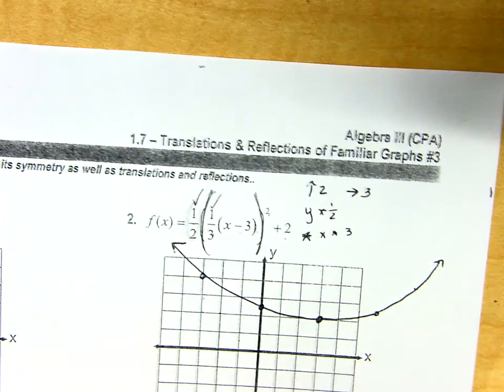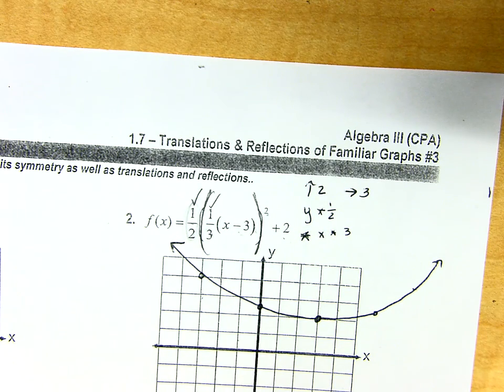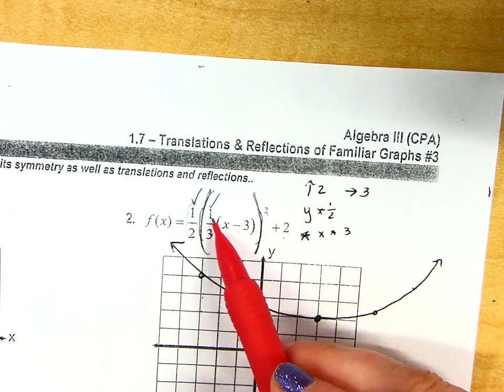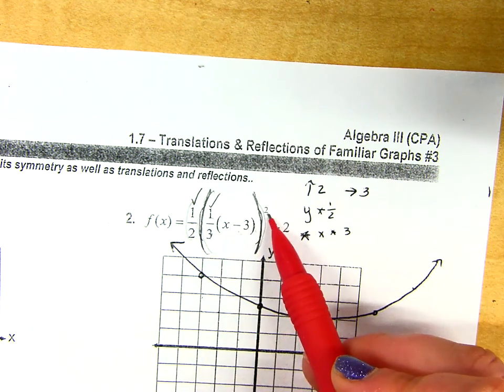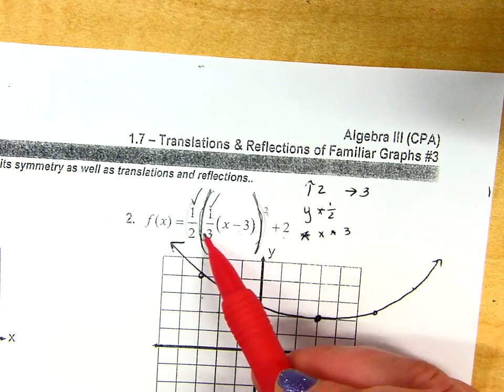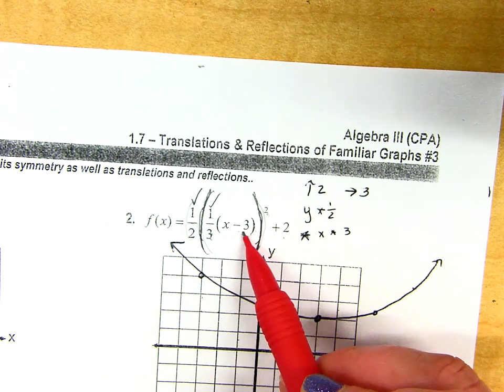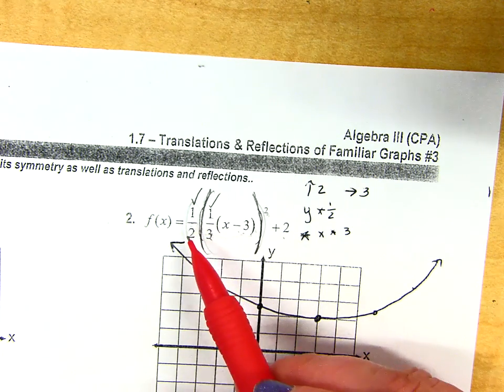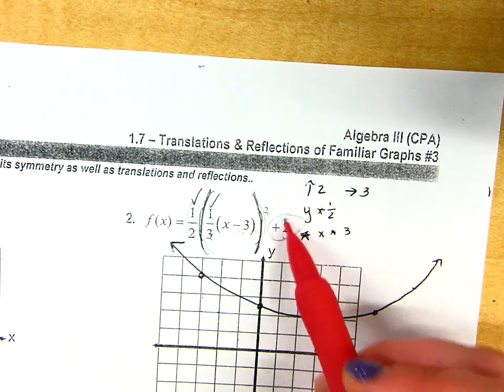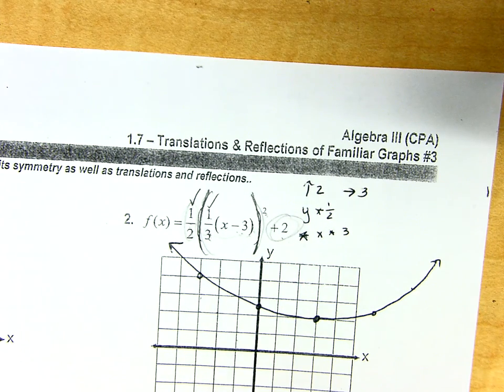This is outside the parenthesis, it's not being squared, right? Even though I know you might be thinking, well, that 1/3's outside of parenthesis, but it's not. It's in the parenthesis that's getting squared. So all of these, that 1/3 and that -3, apply to x values. This is on the outside, it is not getting squared, that applies to a y value. Same thing like this one, that's not getting squared, that's going to be a shift of my y. Okay, so